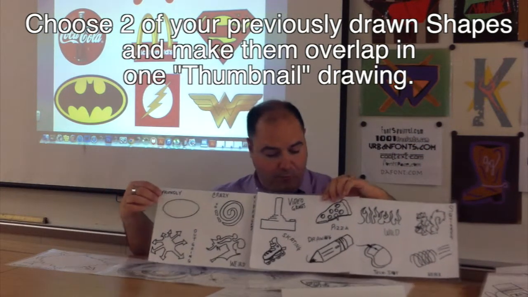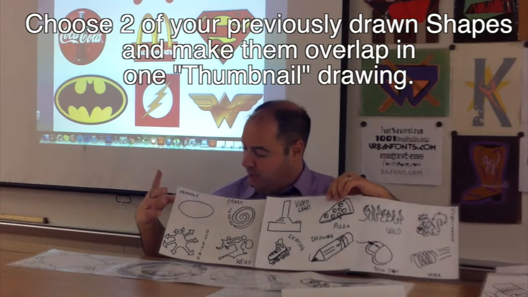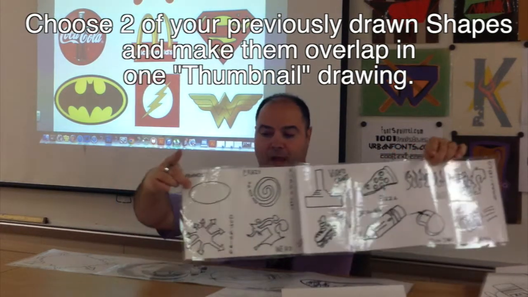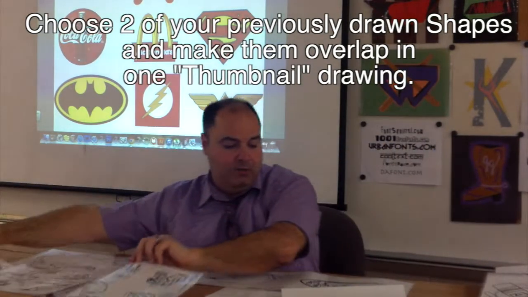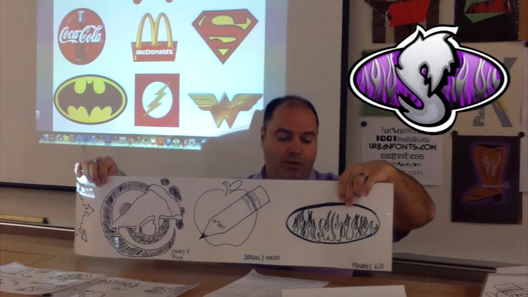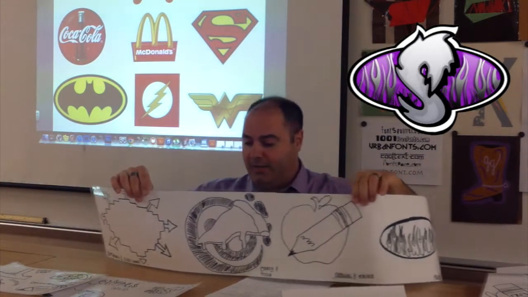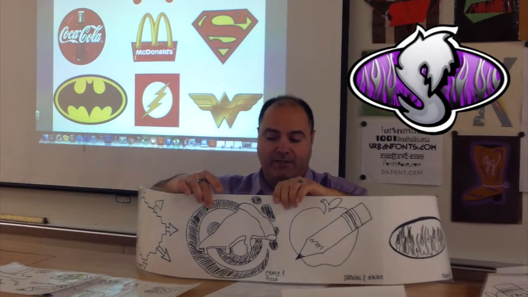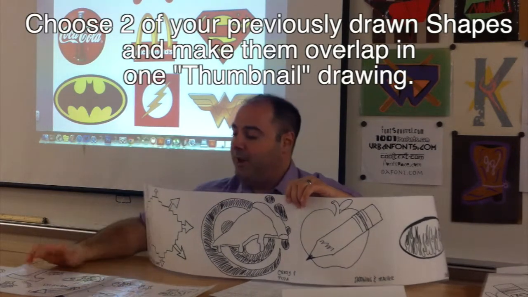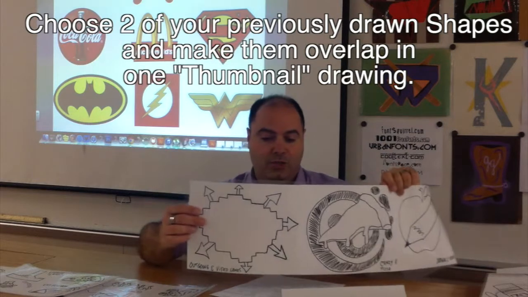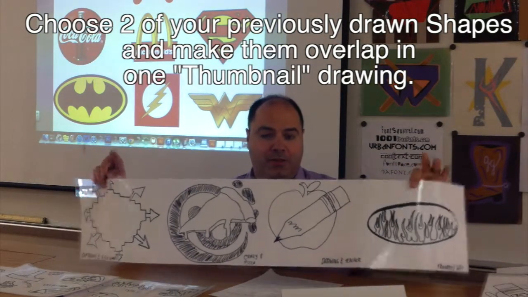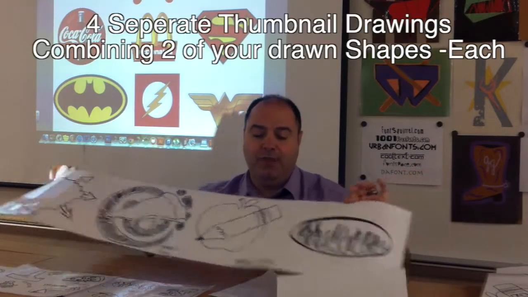So basically, for example, I'll show you with, let's see, I took this wildfire and this friendly oval to create what's ultimately going to become my Squirrel Man logo. But in other cases, I might have taken one abstract item from my abstract page and one figurative item from my figurative page, or I might have chosen 2 abstract things. But you want to come up with 4 separate thumbnail drawings,